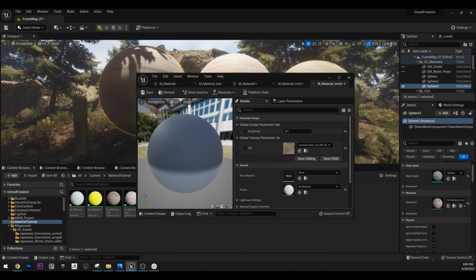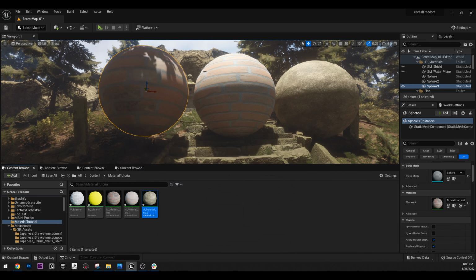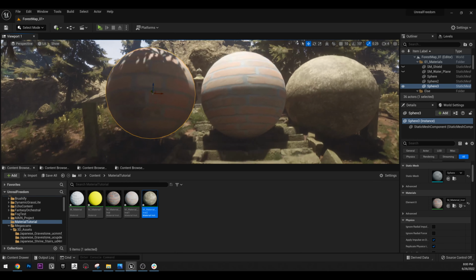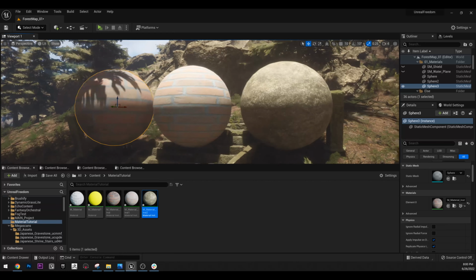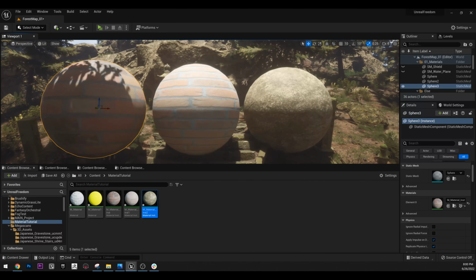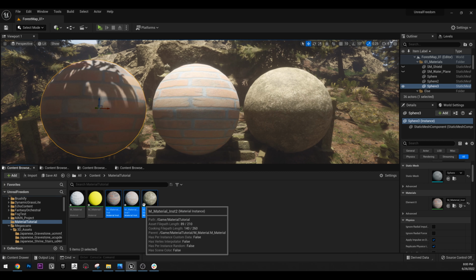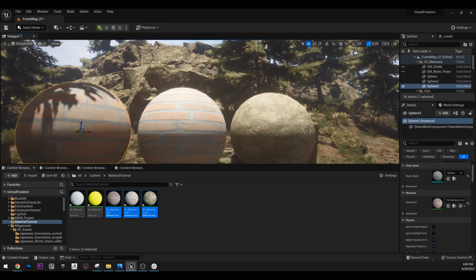We can have this concrete texture. And as you see, now we have three different textures, three different materials, or rather spheres with different textures for the same material, and these instances here won't actually